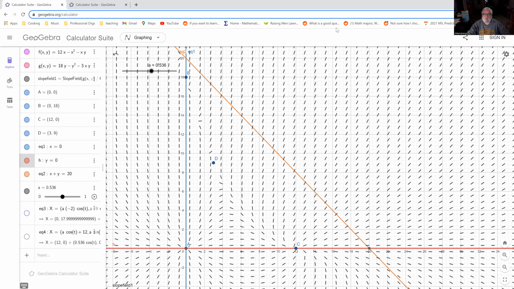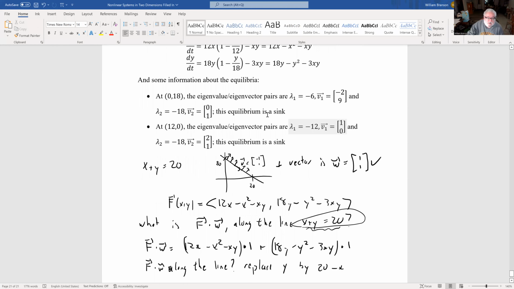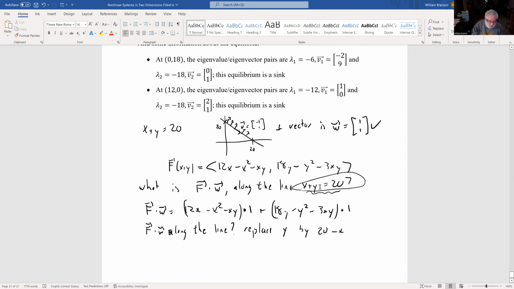Okay, so let's go back to our curve. And so let's see about what happens at the equilibria. So at the equilibria, at 0, 18, we have an eigenvector pair of -6 and -18, -2, 9, and 0, 1. And at 12, 0, the eigenvector pairs lambda 1 equals -12 and 2, 1. So at 12, 0,